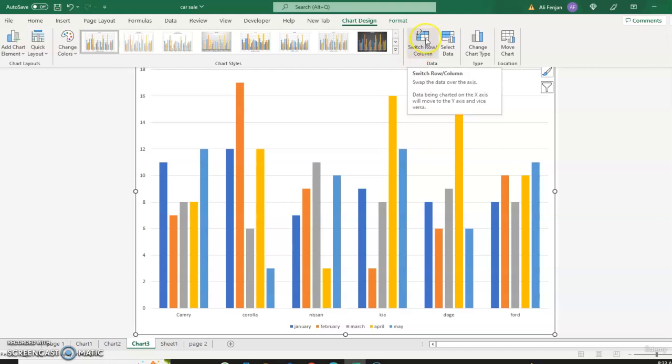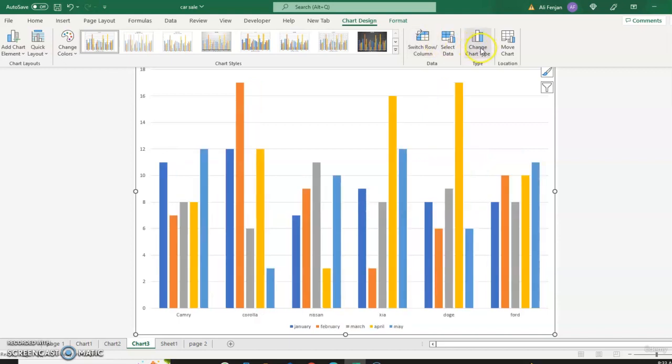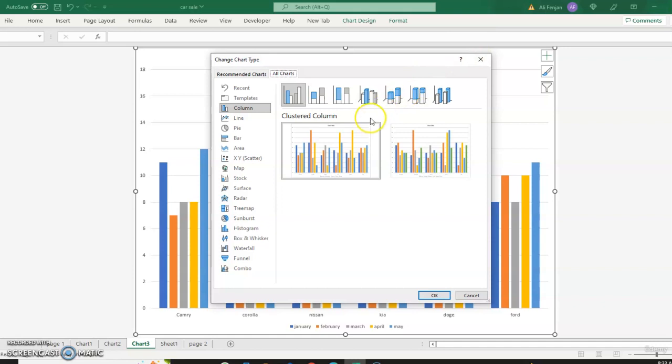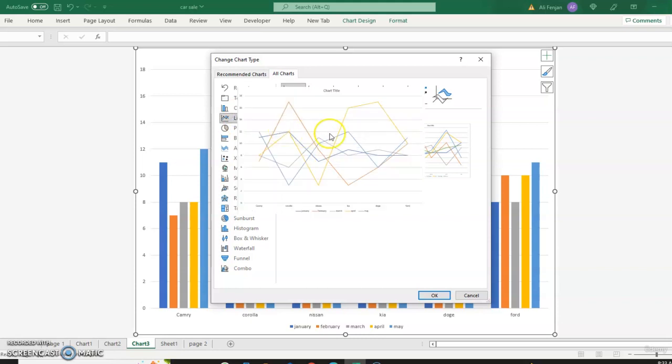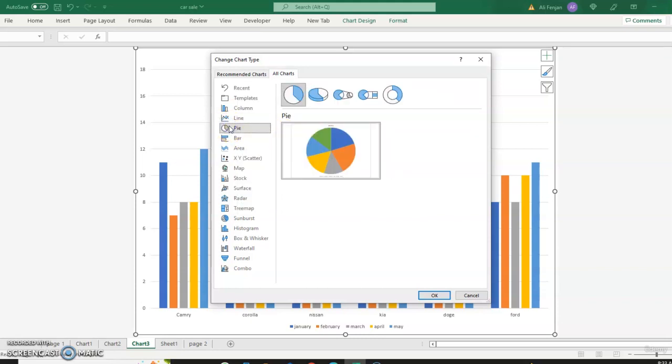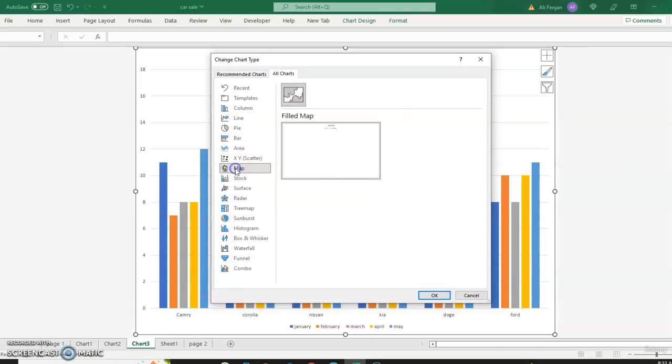You can switch the rows with the columns. Look what happened. Okay, you can also change the chart type. For example, if you want this type, you go here and click this type, because there are different types of charts. There is the column one, that's our one. The line chart could be like this one. You have the pie chart, you have the bar chart, you have the area chart, you have the map,